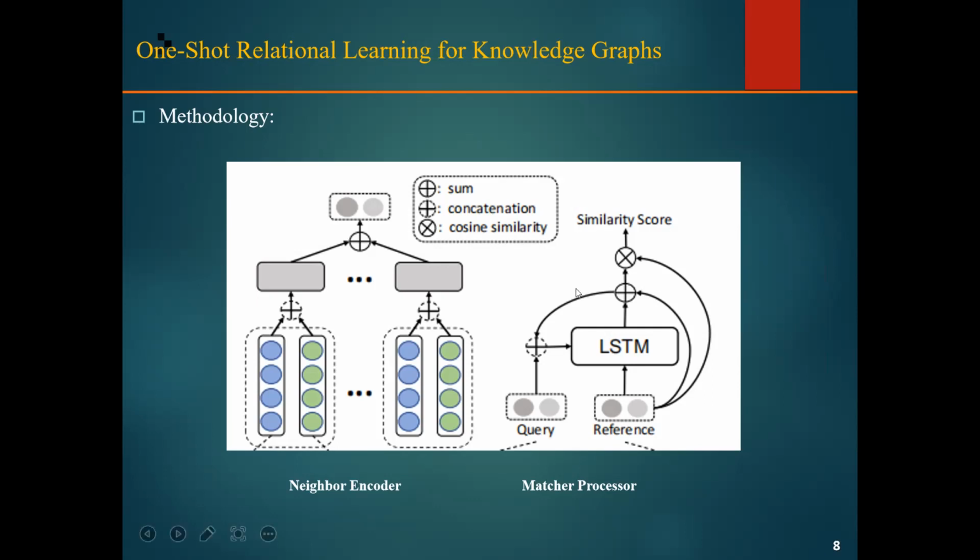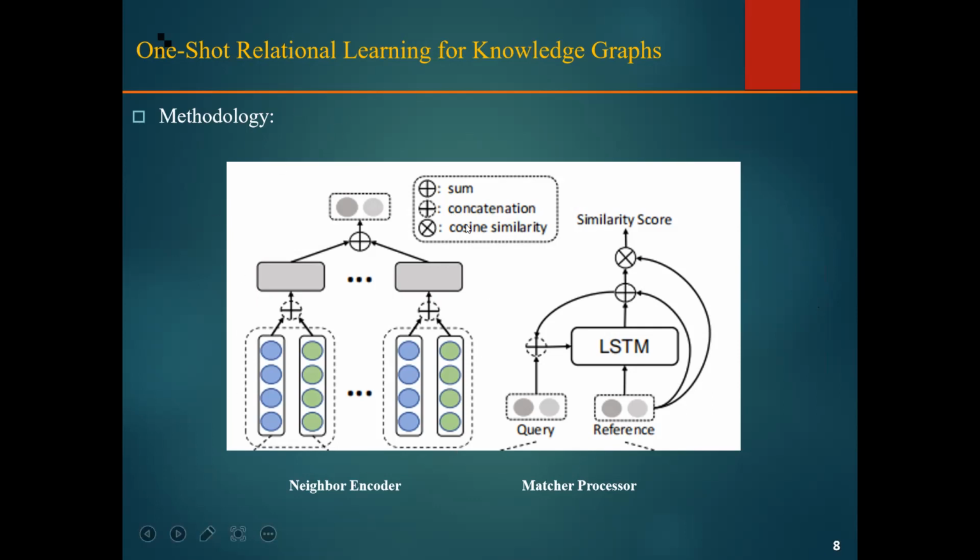So here they try to infer unseen facts for newly added or existing long-tail relations, where only one training triple is available, and we try to rank the true tail entity higher than other candidate entities, given one example. This is, in simple words, the goal of this method.